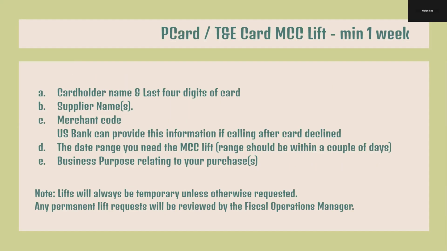The next type of request is a P card or T&E card merchant code lift. And again, we need at least 1 week to process this. For this, we'll need the cardholder name and the last 4 digits of the card. We'll also need the supplier name and their merchant code. US Bank can provide this information for you if you call after the card has been declined. Then we'll also need the date range you need the merchant code lift. It should be within a